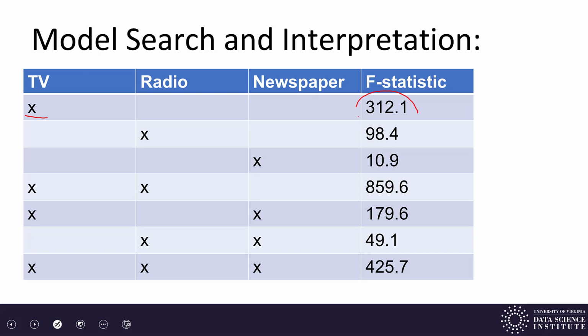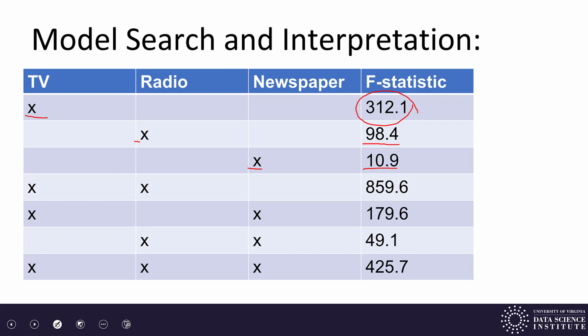Then our F statistic score is 312. Remember, close to 1 means there's likely no relationship between your inputs and outputs. 312 is a fairly significant relationship between inputs and outputs. That's a good, solid F statistic. When we do radio by itself in the next row, we have 98.4. It's not as strong as the TV, which corresponds to what we saw in those scatter plots in the beginning. And then newspaper by itself gives us a 10.9, which is even a weaker relationship between inputs and outputs, but